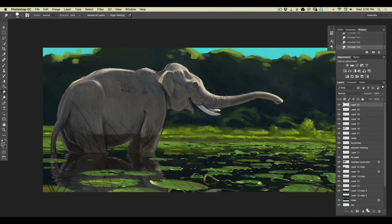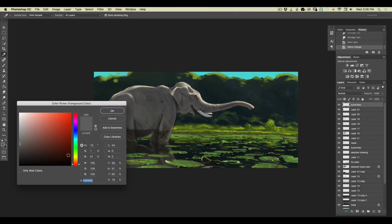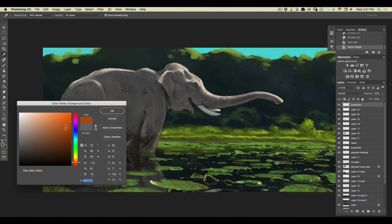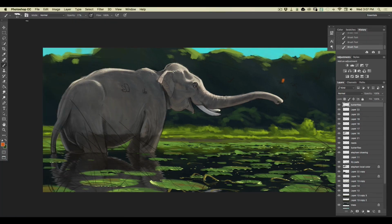Now let's go ahead and lay in these butterflies. And I'm going to start out with some nice bright, where's my butterfly reference? I've got to find that. Here it is. I like that there's an orange one that I'm probably going to stick with because we've got so much green happening in here. I think sticking with that orange will be nice. So I'm going to go ahead and just paint in a whole bunch of orange and maybe some yellow. I'm going to make up